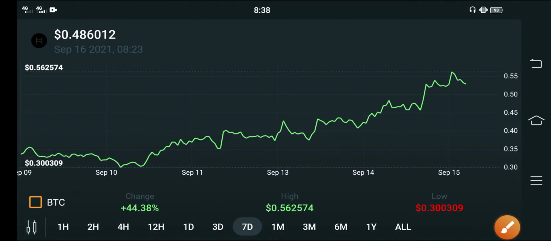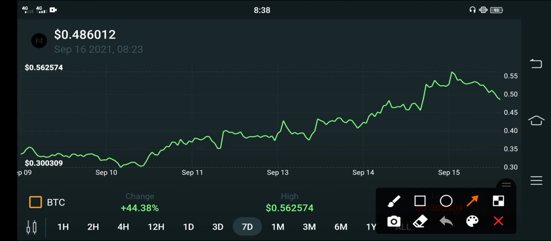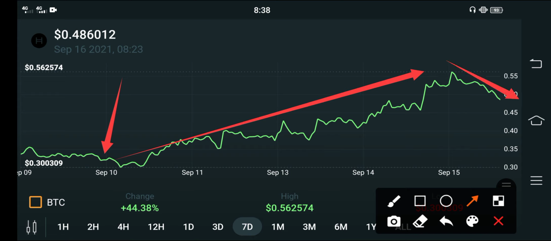Let me show you the price chart. You can see here from the price chart, it's also clear that from 10 September Hedera Hashgraph price started to pump, but unfortunately from yesterday the price started dumping, guys. And it's possible, guys, that for 2 days Hedera Hashgraph will continue its dump, and after 2 days again, guys, the price will jump again. I'm sure about that, and that is my prediction about Hedera Hashgraph, guys.